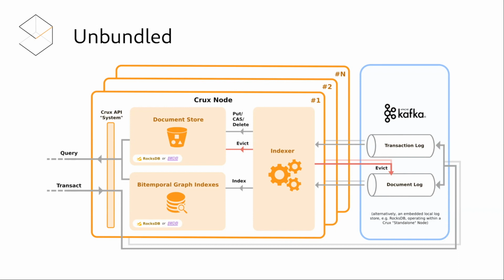As long as the log is consistent, you can change all the things that are processing that log at any future point in time. And that's why we have multiple Crux nodes, each reading from the same logs. And the Crux nodes are fully independent from each other. They're not coordinating between them. That's the current architecture, at least. So that's what Unbundled is. Very brief tour.